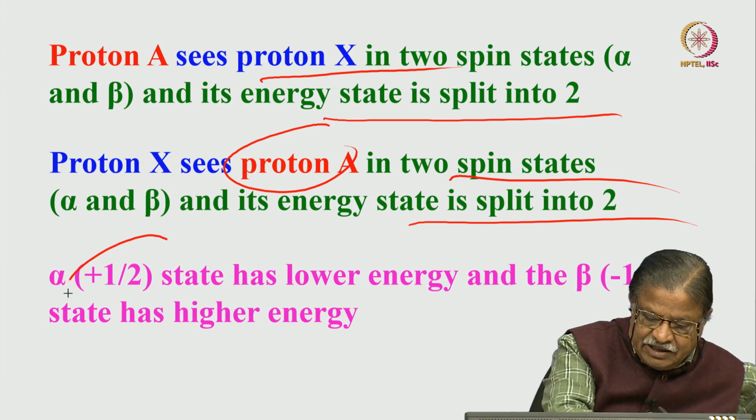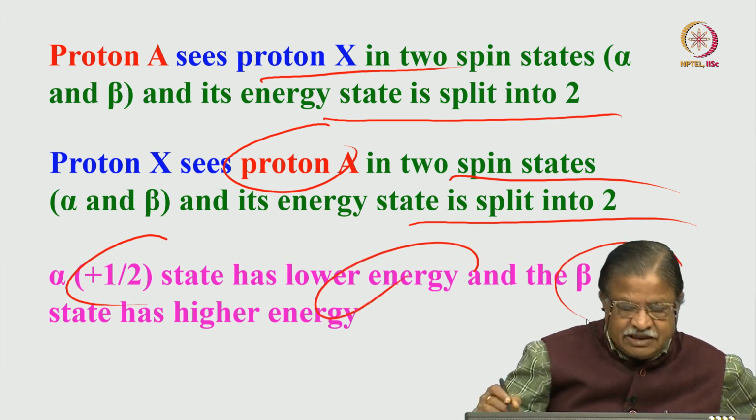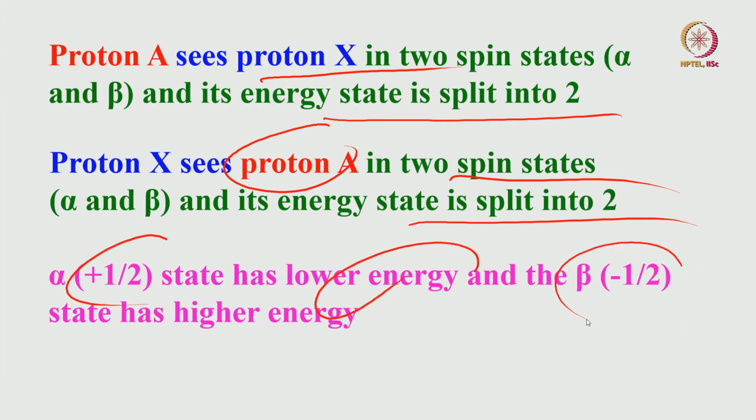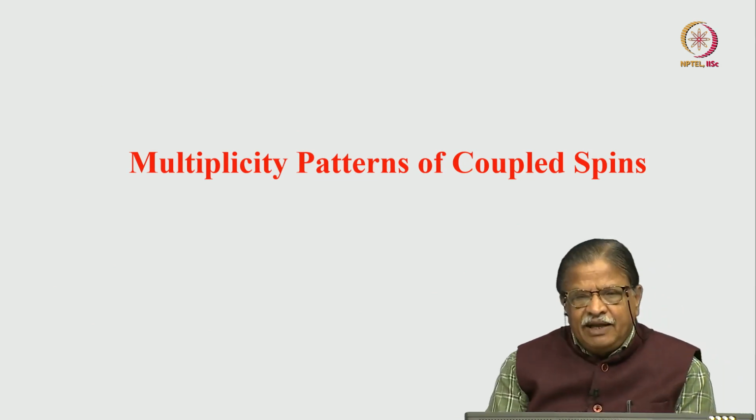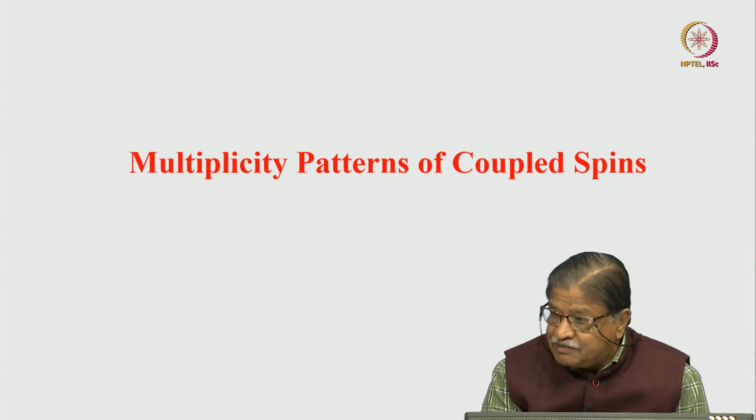So, alpha state has lower energy and beta state has higher energy. As a consequence, each peak is split into two lines. Please remember this statement: when two protons are interacting, each proton is split into a doublet because of its interaction with the other proton. And an interesting thing I wanted to tell you here is, please note, when A was coupled